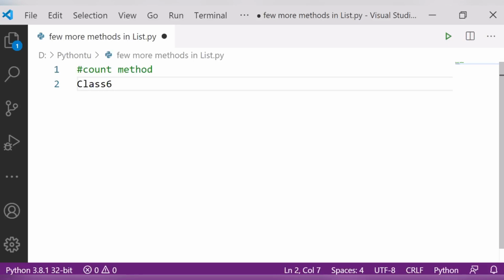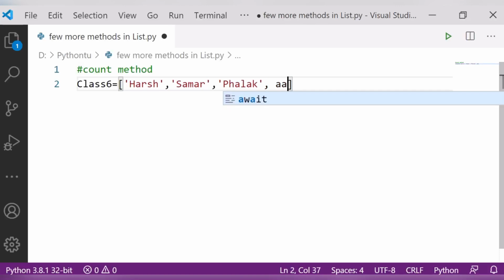Just suppose, class 6, I have this list with me, and I'm writing my students' names here, like Harsh, and after that I will simply write Summer, and the next child is Falak, then next is Adi.